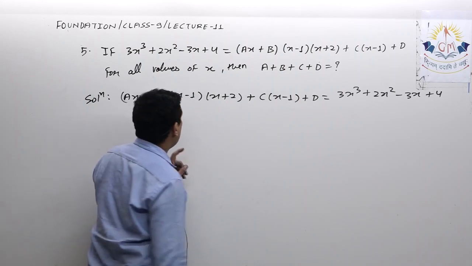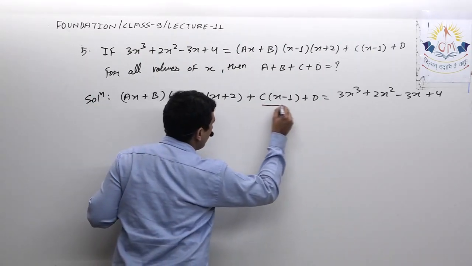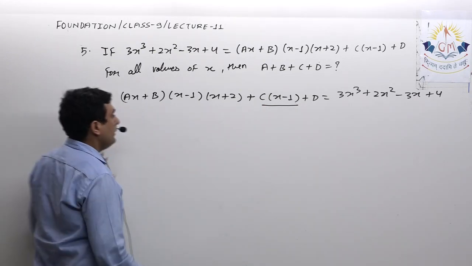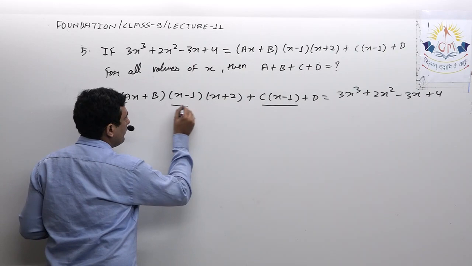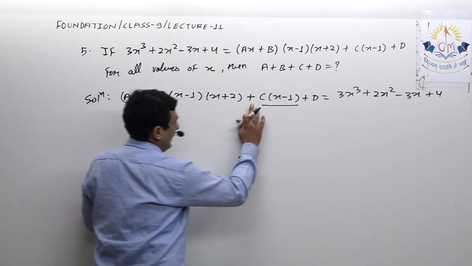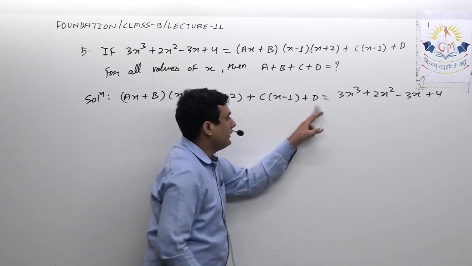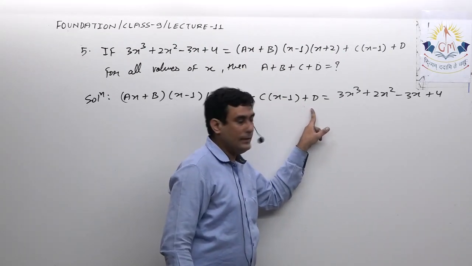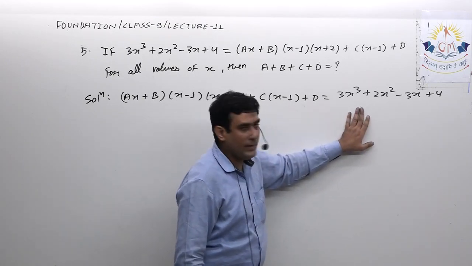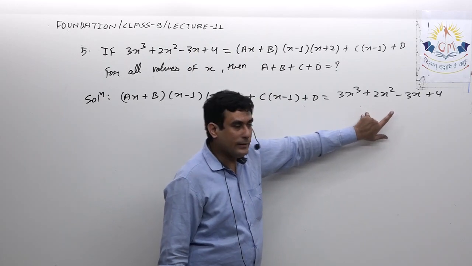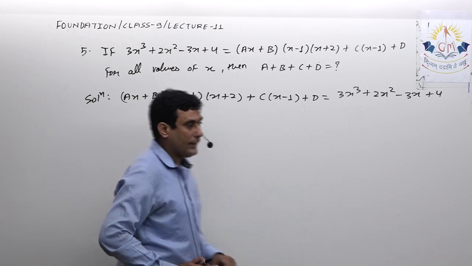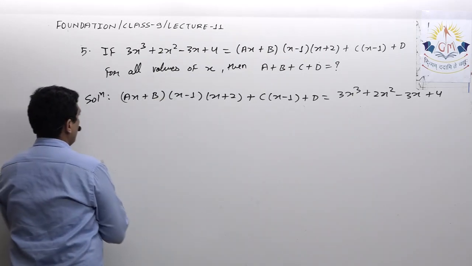So if I put x equal to 1, this term becomes 0, isn't it? The x minus 1 will be 0 on the left hand side, as well as this term will be 0. So 0 into anything will be 0, that means this complete term will vanish, as well as this term won't be there, and we will only get d. And as I'm putting x equal to 1 on the left hand side, definitely I will put x equal to 1 on the right hand side as well, and by doing so I will get the value of d directly. So we'll start with that only.